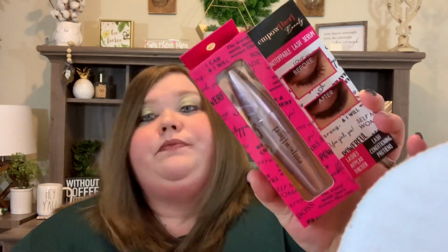So let's see here. We have also got some mascara from Empower Her Beauty. And this is, oh wait, no, I'm sorry. This is a lash serum for $22. Okay. There's a lot of stuff in this box. And then here we have